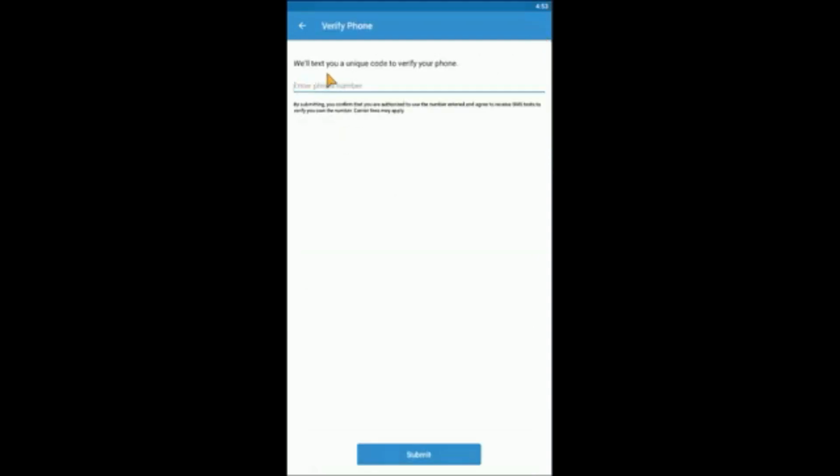And then once you read that and everything checks out to you, click agree up here in the upper right-hand corner. And then they're going to text you a unique code to verify your phone. So you enter in your phone number right here and then click submit. And then you're going to get a 4-digit code that you enter in right here and then click submit code